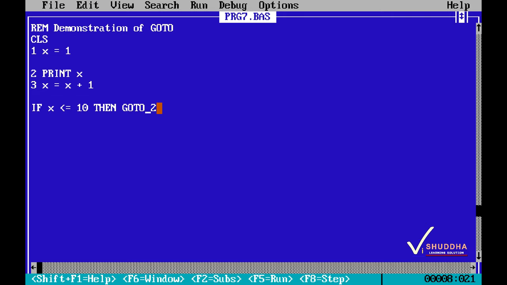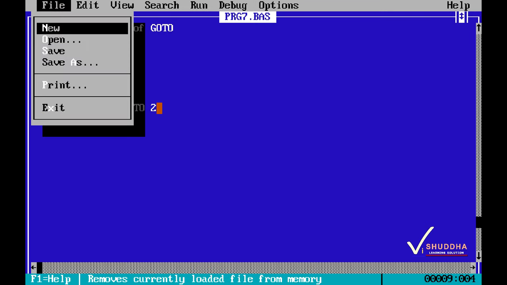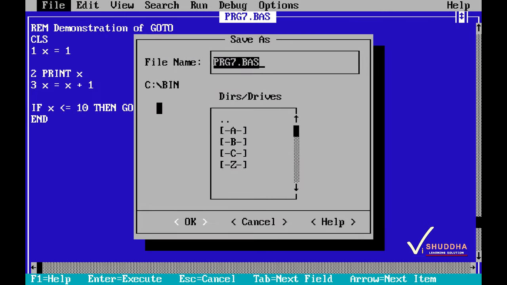So we had the values from 1 to 10 printed on the output window. It's a good habit to have an end statement at the end of the program. However, it is optional. Now let's save the program, and now we can write the same program in a different way. So let's save it as